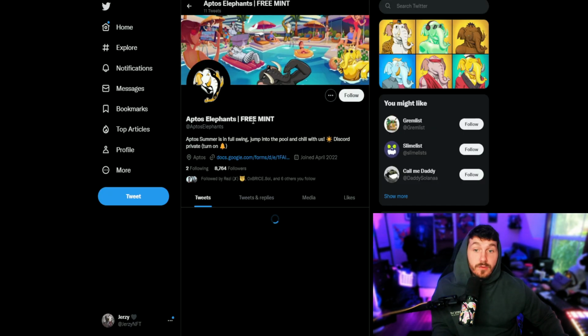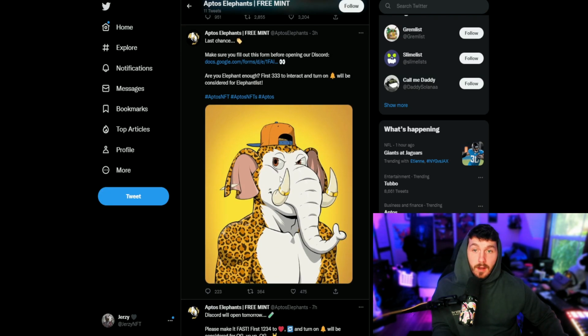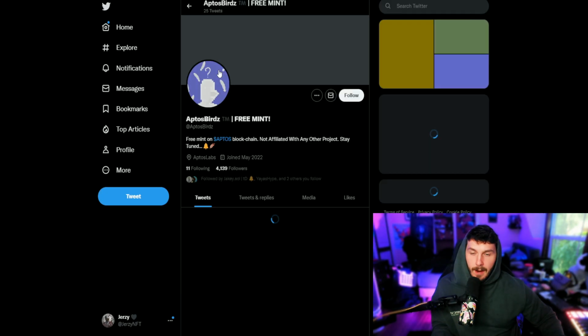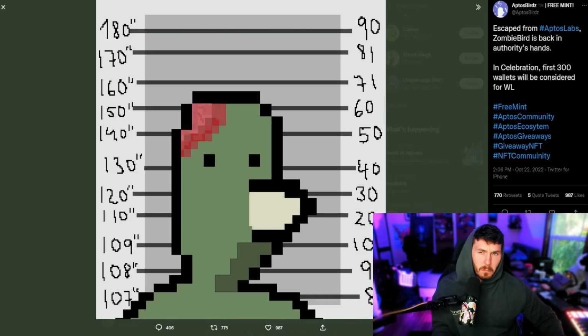We got Aptos Elephants, who's going to be a free mint. So there we go. Swinging off the royalties there to make some bread. Not too bad. Scenery piece of artwork. Nothing new, nothing special. Pretty basic, in my opinion. The artwork, again, nothing new, nothing special. And then, yeah, the Aptos birds. Literally a thug bird mixed with a boogle. Yeah, like, dude, are you...